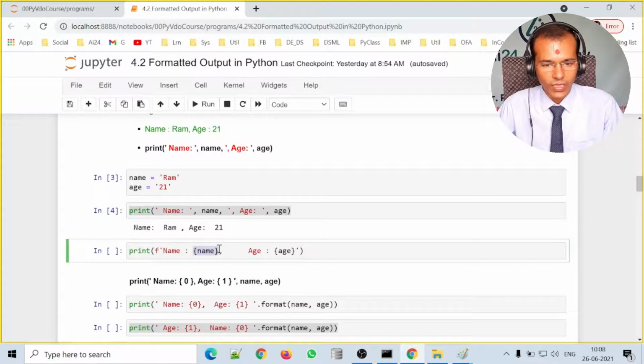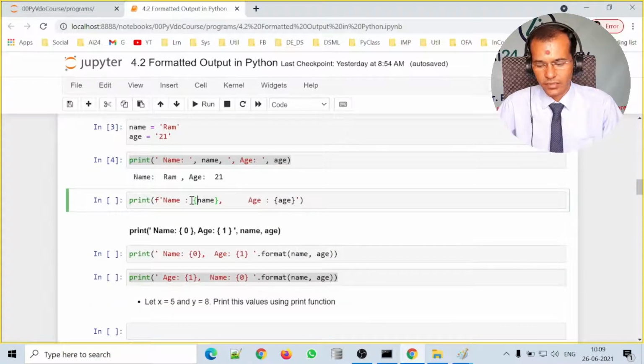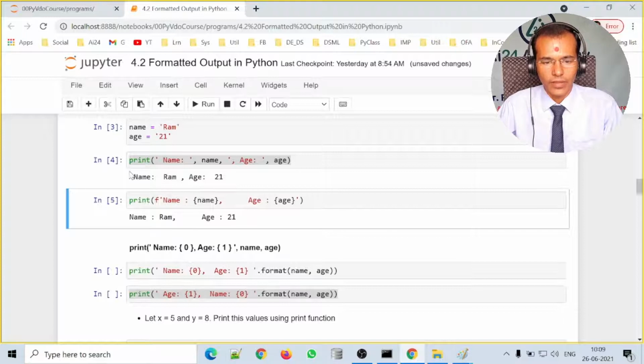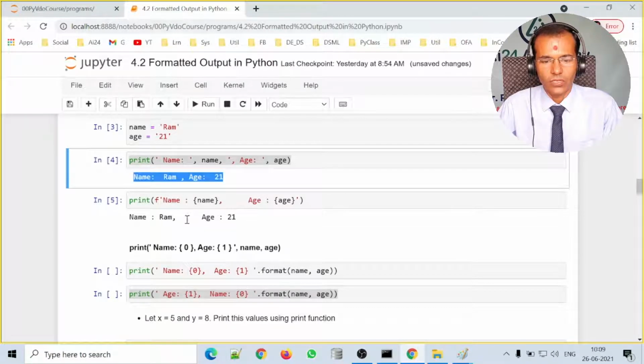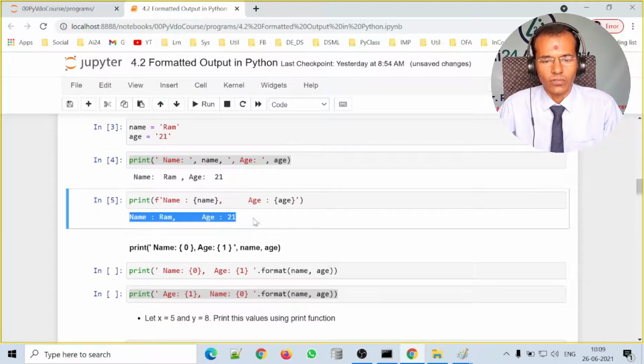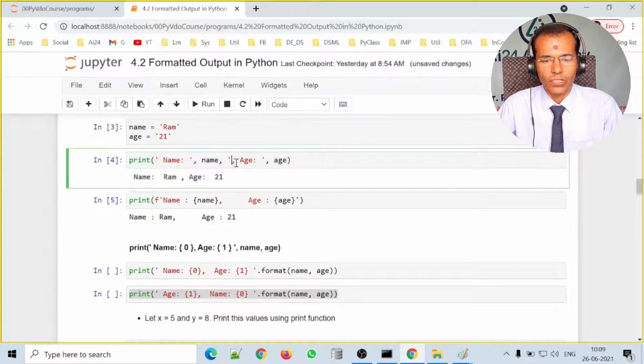Then we want a comma, the string age, and then the age of the person. The age variable is enclosed within curly brackets, and let us run this. We can see that we are getting the same output: name is equal to Ram, age is equal to 21. If we keep some more space like this, we get the same space over here, after the comma.